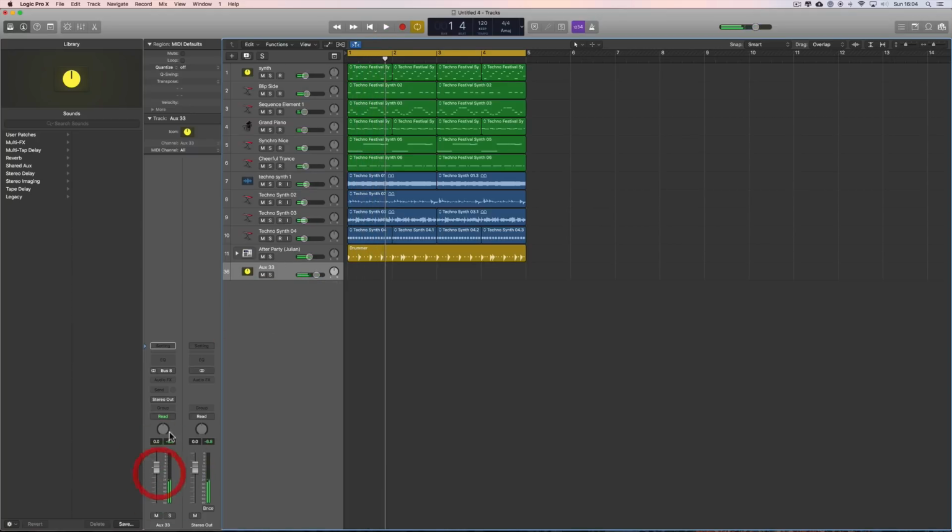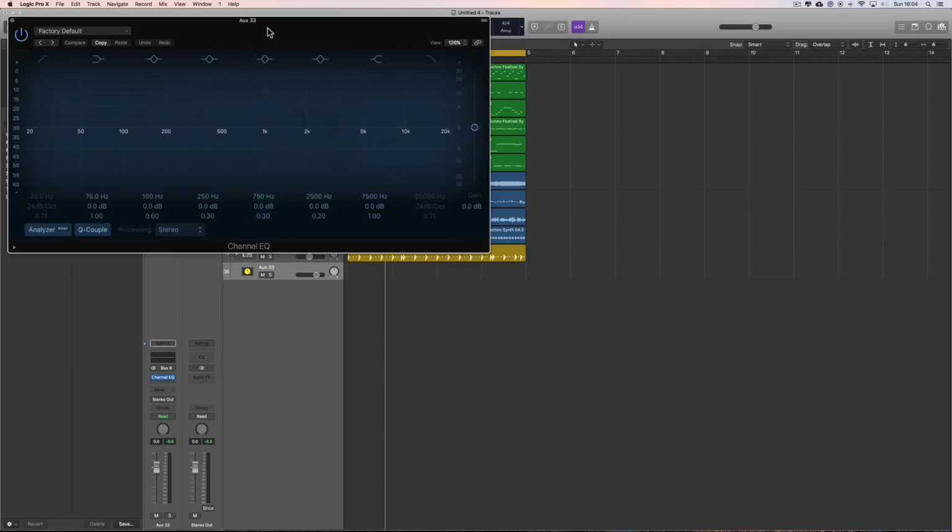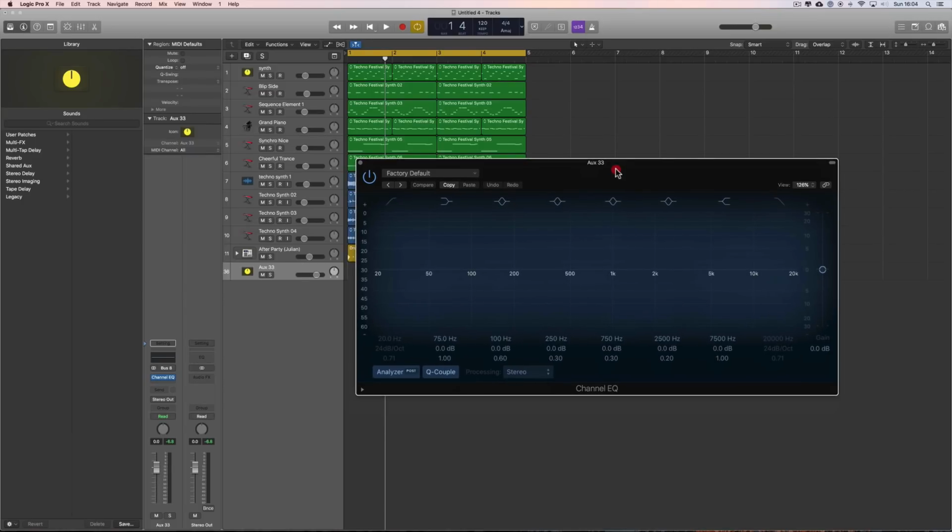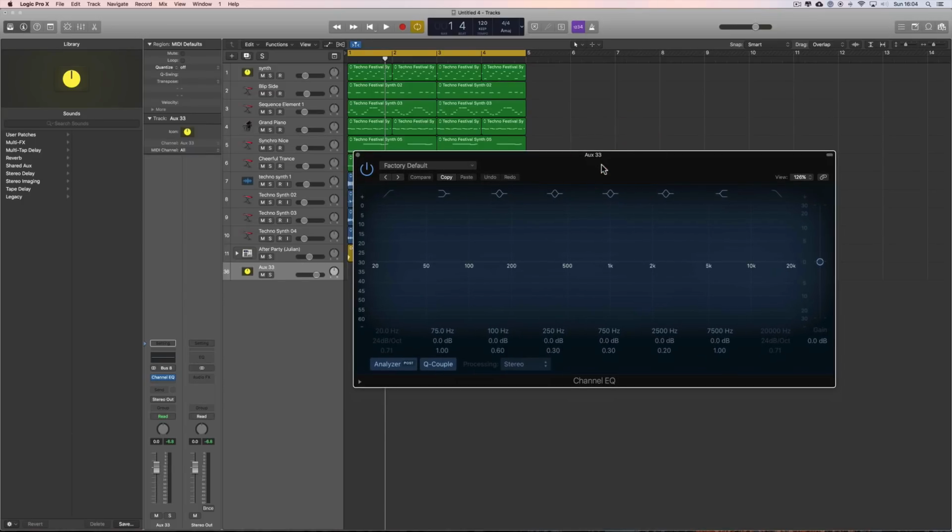Okay. And now we can set our bandpass EQ up on this group bus, and we can bandpass sweep our entire mix through this group bus. So we open an EQ on the group bus channel. Okay, now we turn off all the bands of the EQ. We're going to use the low cut and the high cut. Okay, now the low cut,